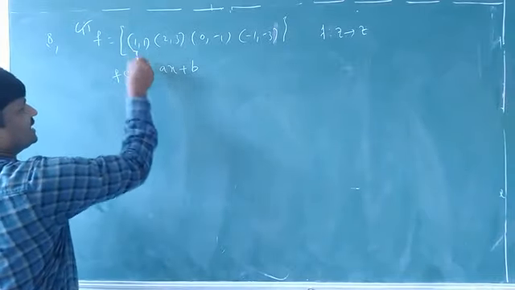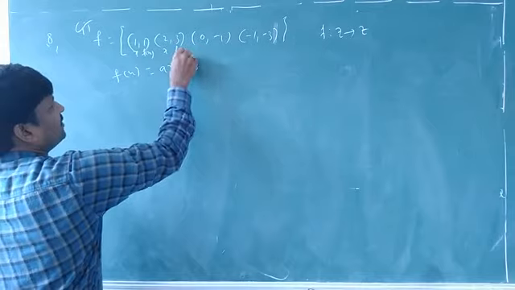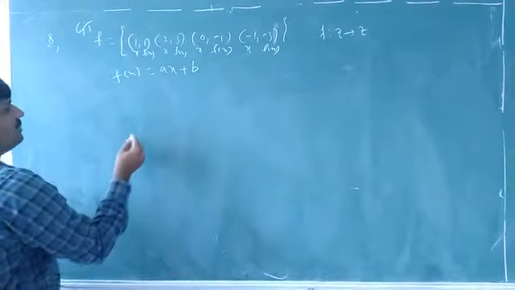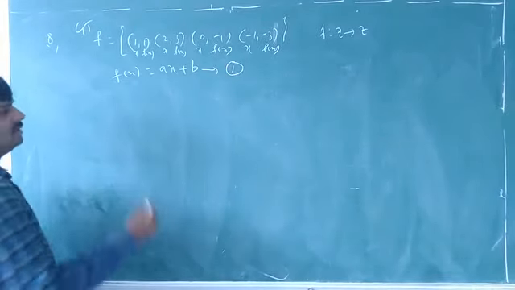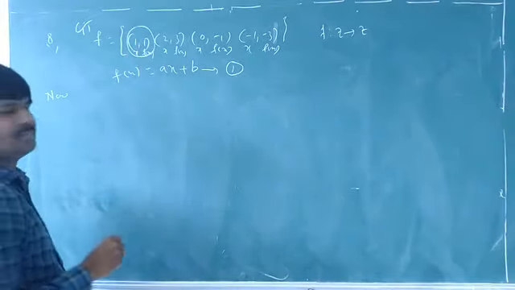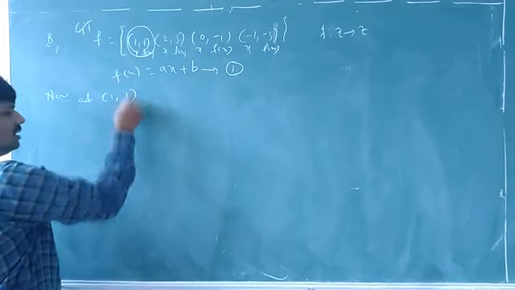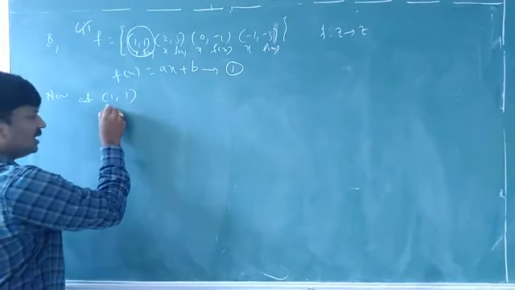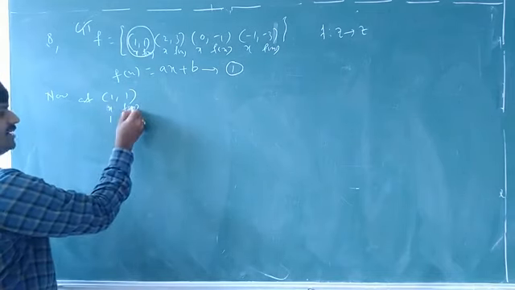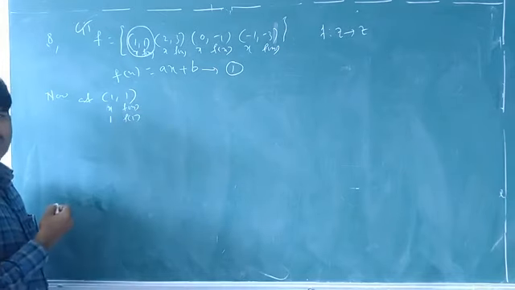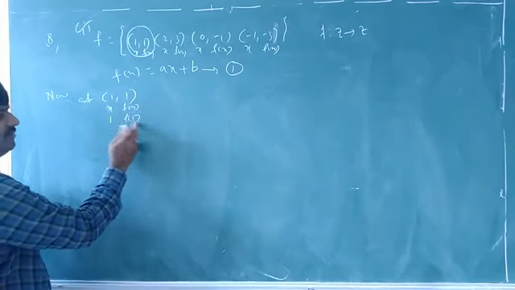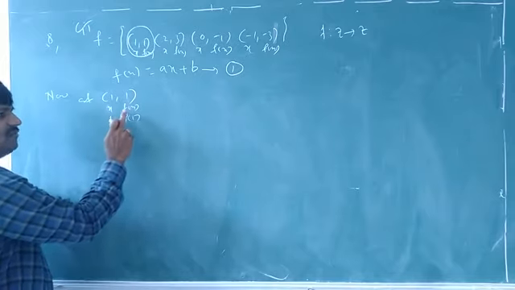Now what I told you, this is x and this is f of x. First I am taking this first ordered pair, 1 comma 1. Here 1 is x and the other 1 is f of x. x means 1, so it is f of 1. At x is equal to 1, the value of f of x is 1. F of 1 value is also 1.